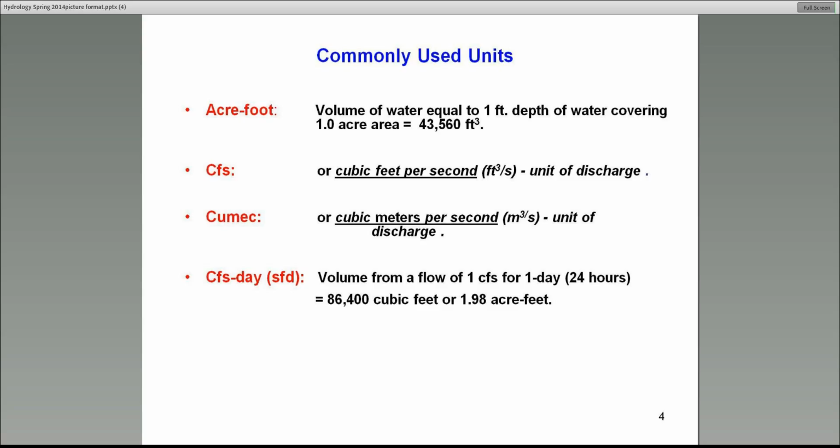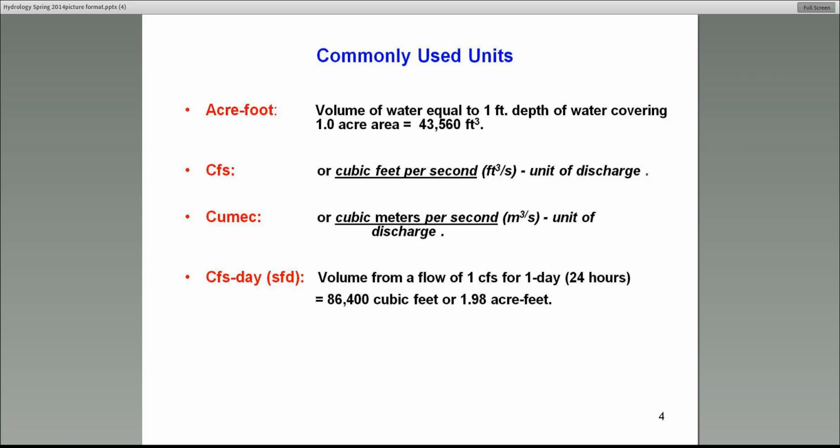CFS, of course, most of you are familiar with. That's a discharge or rate unit. And cumec is also a rate unit or discharge unit in the SI system, meter cubed per second. And of course, CFS days, kind of similar to acre foot. It's 1 CFS flowing for 1 day, which turns out to be 86,400 cubic feet of water, or simply put, 1.98 acre feet. The first unit, acre foot, and the last unit, CFS days, or we call it CFD, are